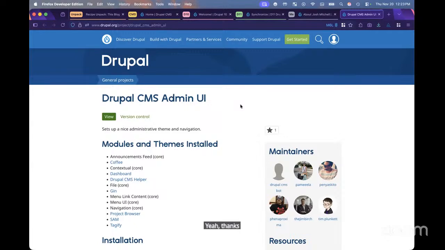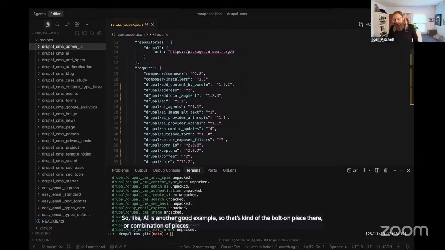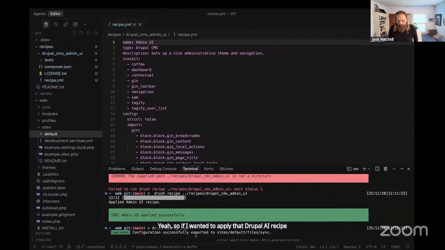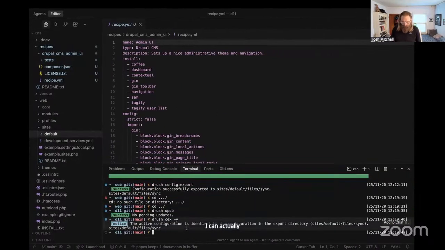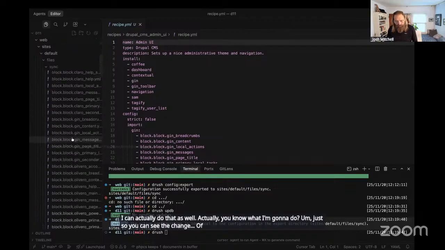Yeah, thanks. This is definitely an area I'm interested in. So AI is another good example. So that's kind of the bolt-on piece there, or combination of pieces. Yeah, so if I wanted to apply that Drupal AI recipe over here on my D11, I can actually do that as well. Actually, you know what I'm going to do? Just so you can see the change of a config file, I'm going to pull up,